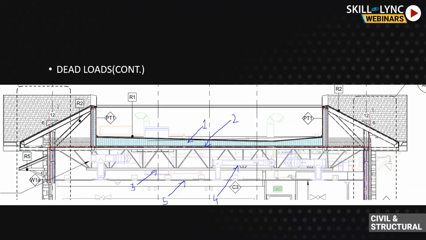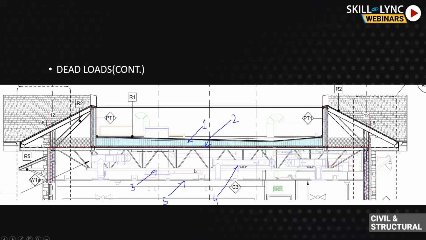So HVAC requirement, and then again there are some plumbing requirements. There are some electrical equipments that are hanging up from the roof, hanging up onto the ceiling, and the ceiling is ultimately hanging up from the roof. So ultimately, it's all going on to structural elements. It's all going on to the roof structural element.